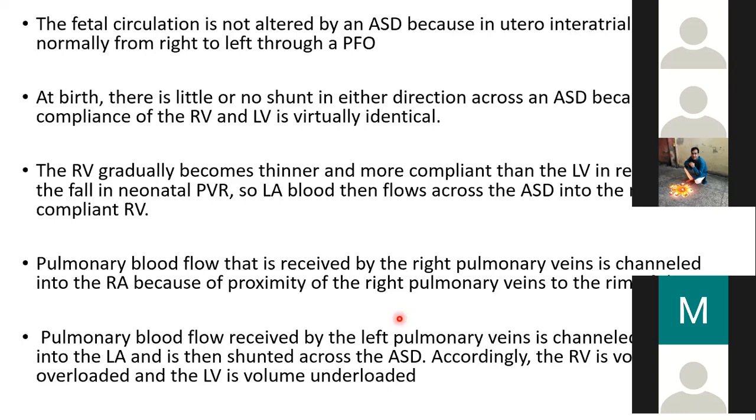So the atrial A wave is always bigger on the right side. The V waves are always prominent on the left side. On the right side, there is a forceful atrial contraction. It is going to increase the pressures in the right atrium. So there will be a transient right to left shunt towards the end of diastole.